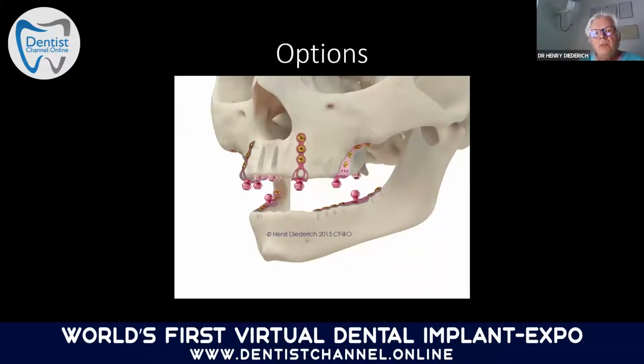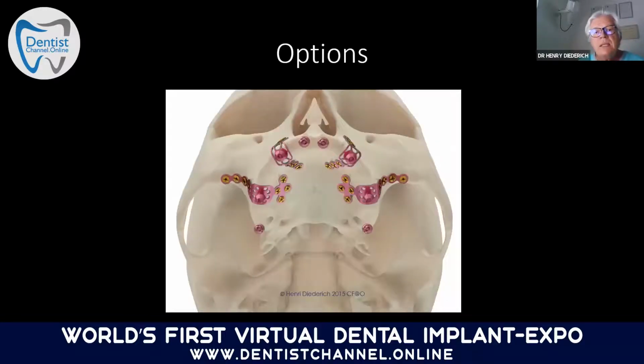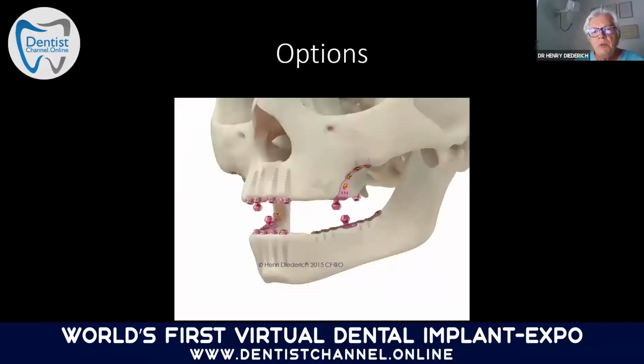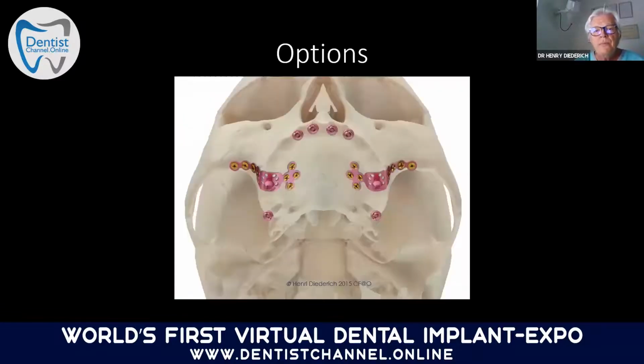You may have this option with more different plates. You see here in the maxilla, you have two HENGG-1 plates, you have HENGG-2 plates, and then of course where you have bone, you put a normal implant, maybe a one-piece or two-piece implant, and of course in the protocol you must use your pterygoid implants. Here there was more bone, and here too. So here there was just a bone